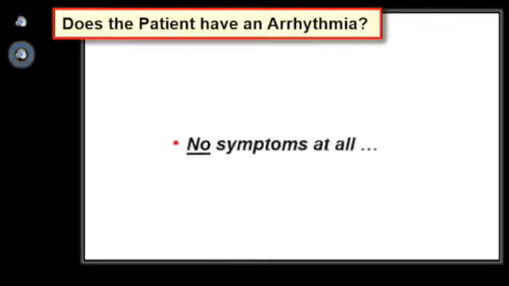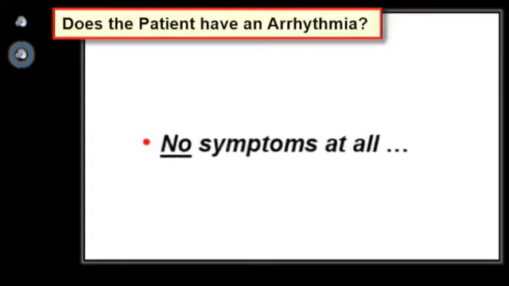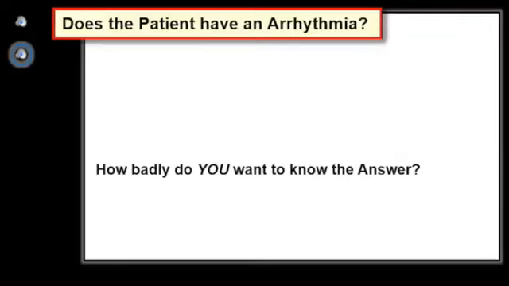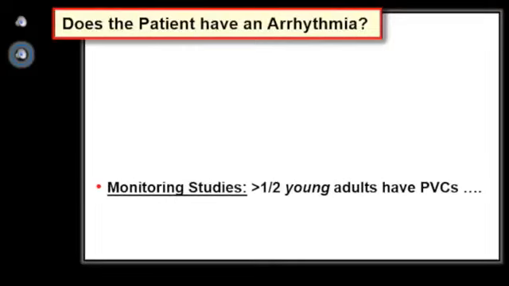And then there is this, the patient with an arrhythmia who has no symptoms at all, which raises the question of how badly you want to know if the patient you are seeing does or does not have an arrhythmia. We know from monitoring studies that more than half of all young adults have at least some PVCs on 24-hour monitoring. The percentage of people with arrhythmias goes up with age, so that more than half of you viewing this video probably have some arrhythmias that you may or may not be aware of,